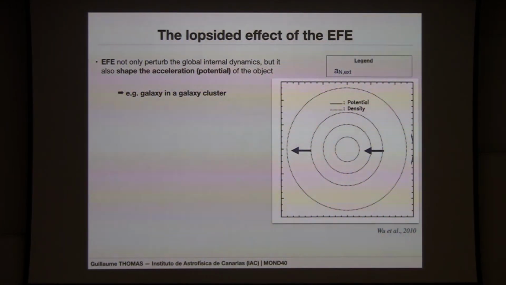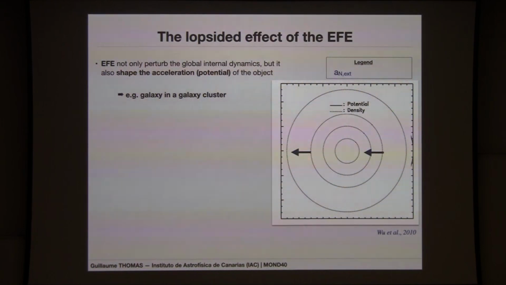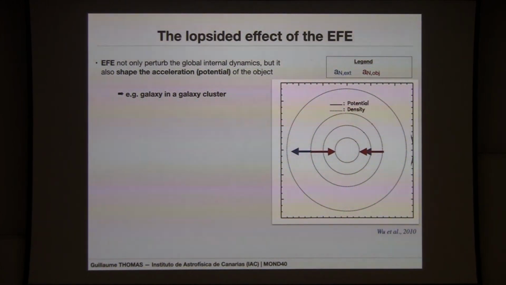So you have the amount of total acceleration, which is equal along the galaxy, because for simplification, let's assume that the acceleration is constant across the galaxy. So at 2 points that are separated at the same distances from the center, you have the external acceleration, and you have the equivalence of the internal Newtonian acceleration produced by the object itself.